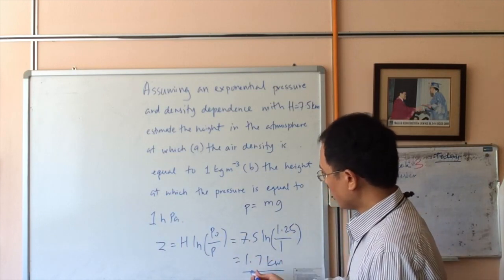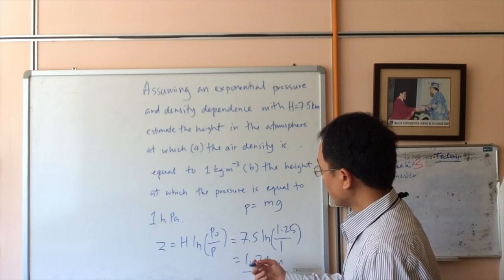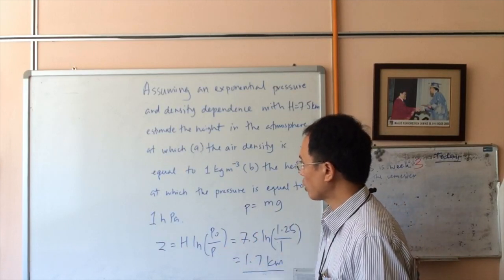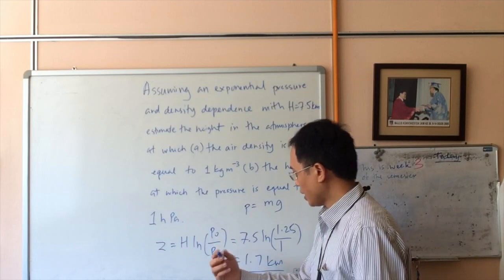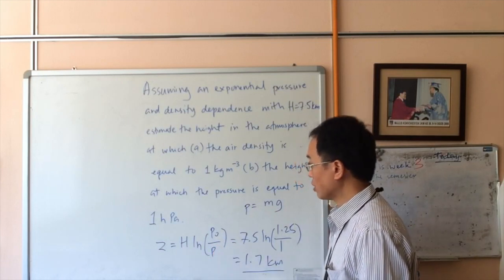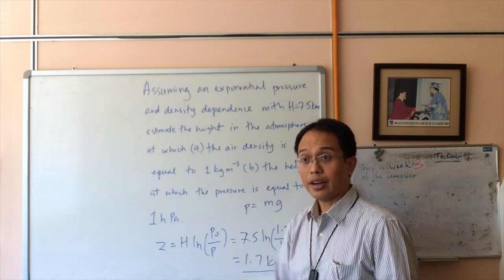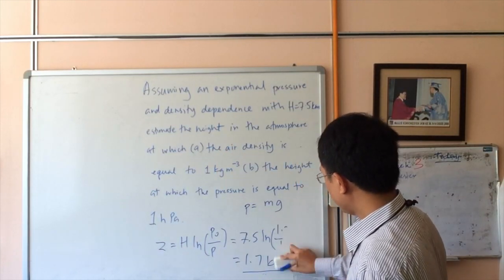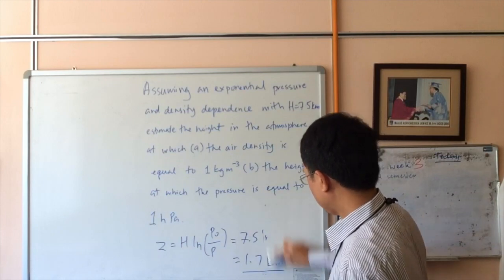So in summary, when the air density has decreased to 1 kilogram per meter cubed is when the height is at 1.7 kilometers. It's pretty high up into the atmosphere. This is for question A. And for question B,